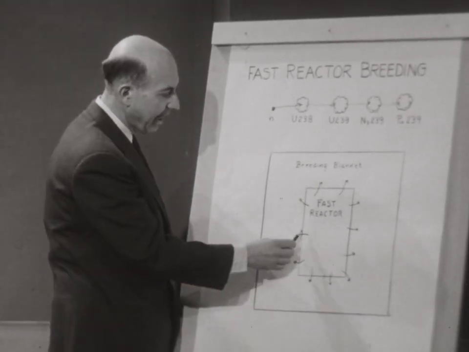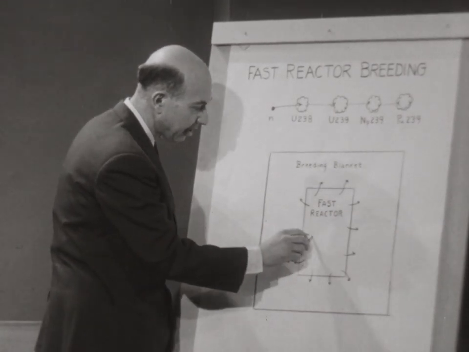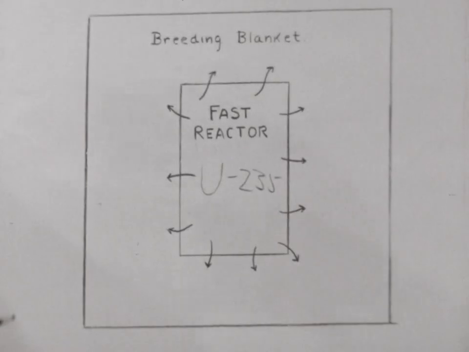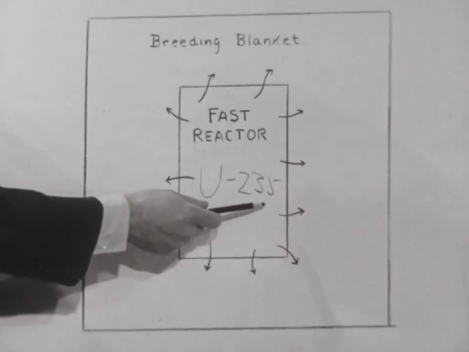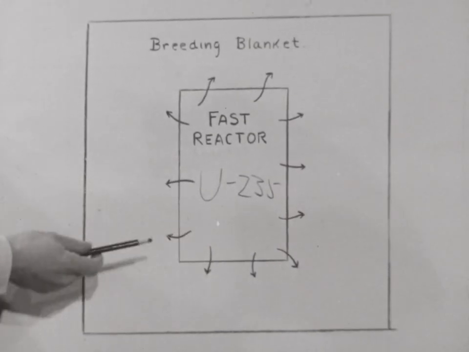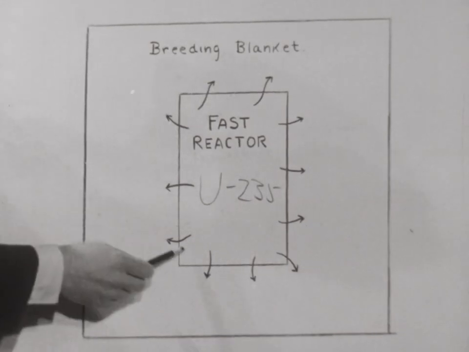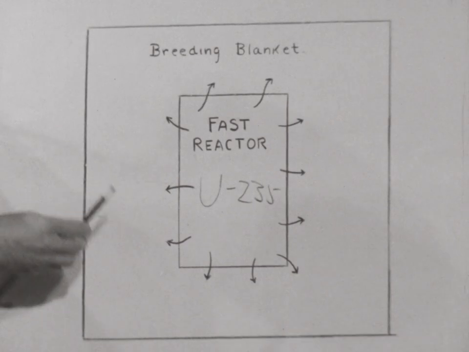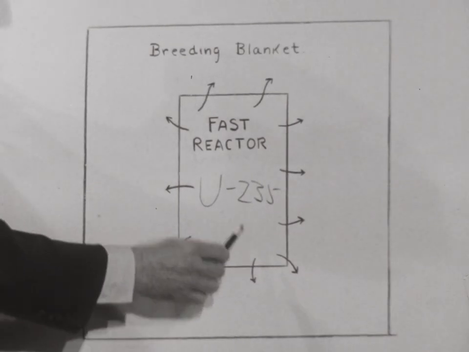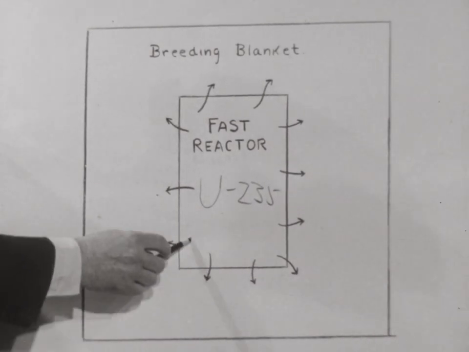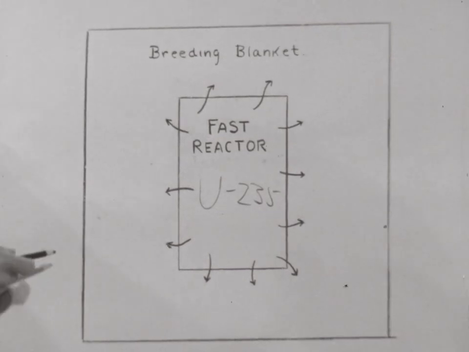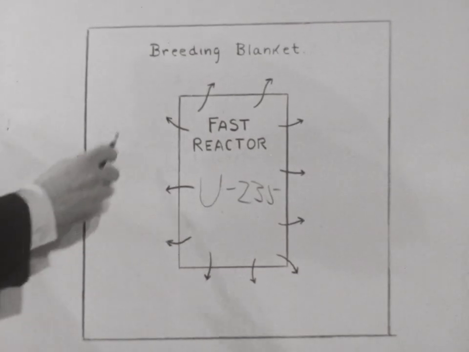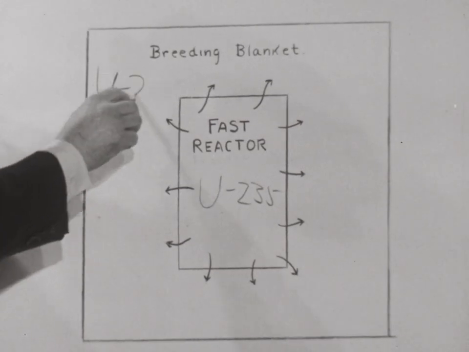In the fast reactor, the core of the reactor contains U-235, let us say, so that the reactor is operating on U-235 as a fissionable material. It is a small compact reactor with no moderator. It has only the coolant in it, and it is of such size that it leaks neutrons out to what is called a breeding blanket, which is composed principally of